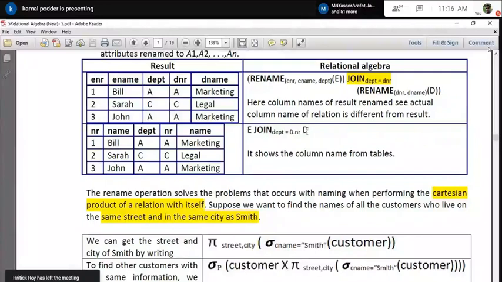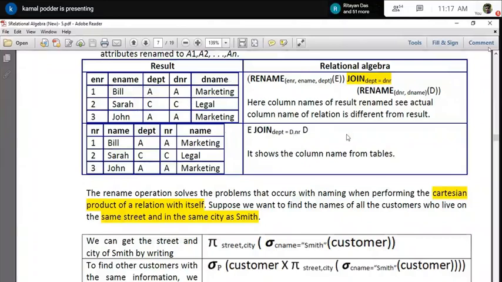In the result set, when it joins, you will see the E columns are given as these new names. Maybe in the original table the names were not like this. Okay, different. And here dname and dnr I have changed likewise. It will create that join and then ultimately rename all the columns.